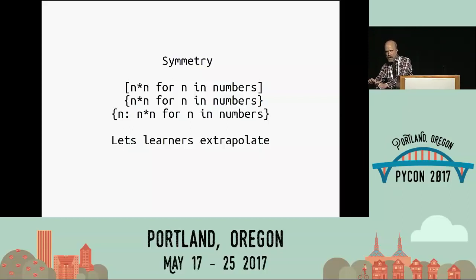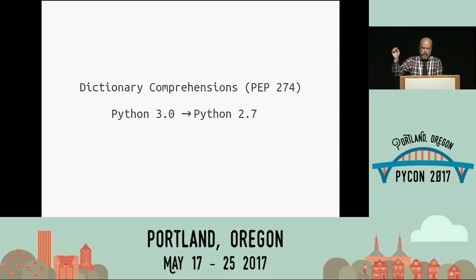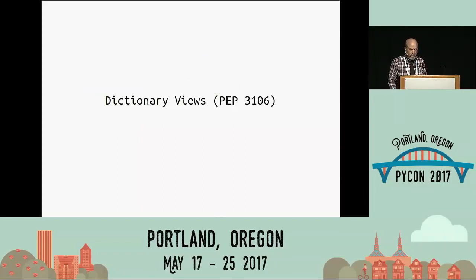Ooh, the same square brackets let you get to the items in a dictionary. And what I love most about dictionary comprehensions is they allow our learners to extrapolate a corner of the language that they might suddenly guess in there. Indeed, after Python dev argued against it for several years, it was finally added to the language, added in 3.0, backported to 2.7. Really beautiful construct.